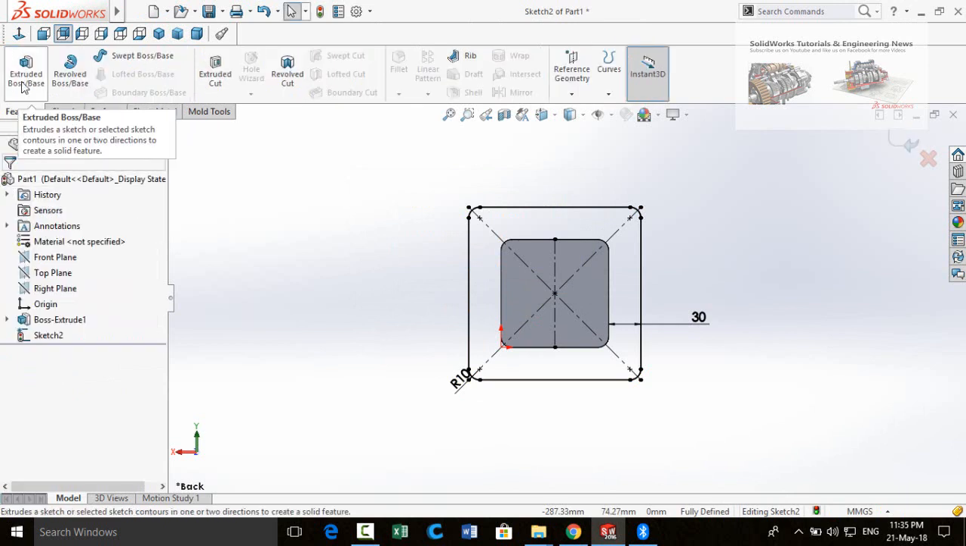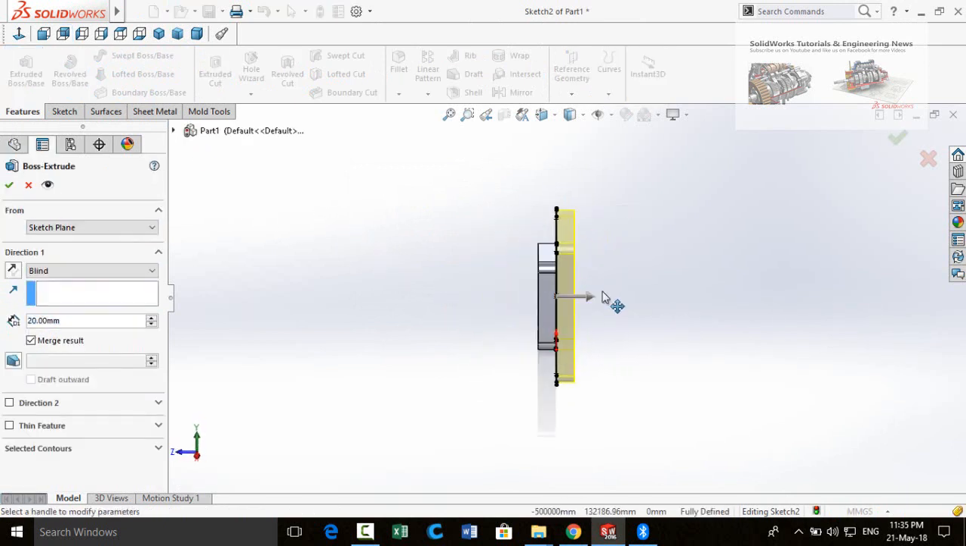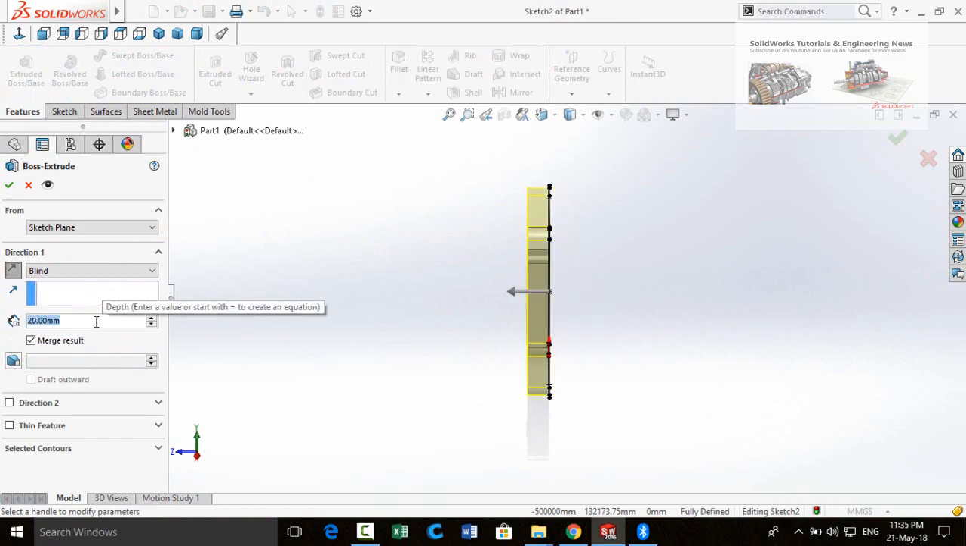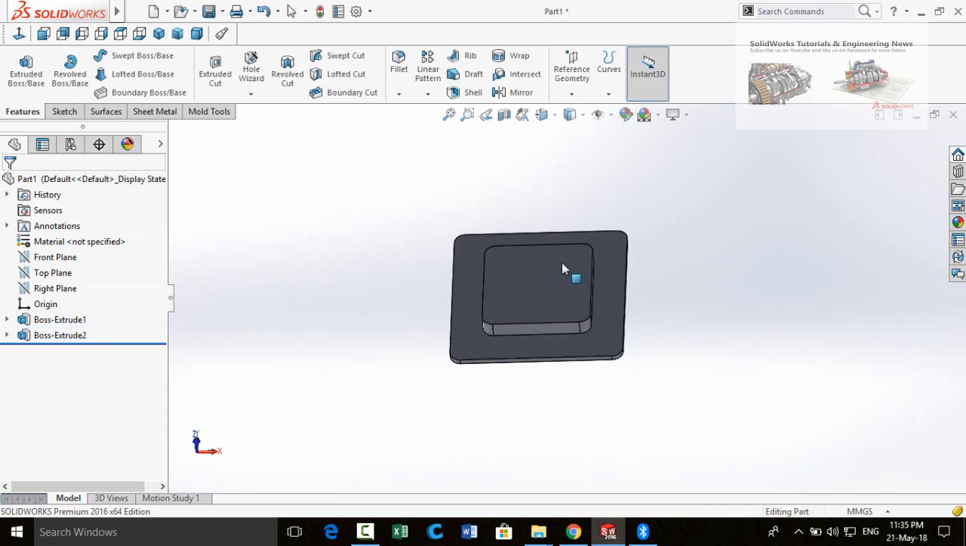Then go to the features tab and apply the extruded boss base command. Extrusion direction is in this direction. 5 millimeter is the extrusion depth and press the OK button. Then